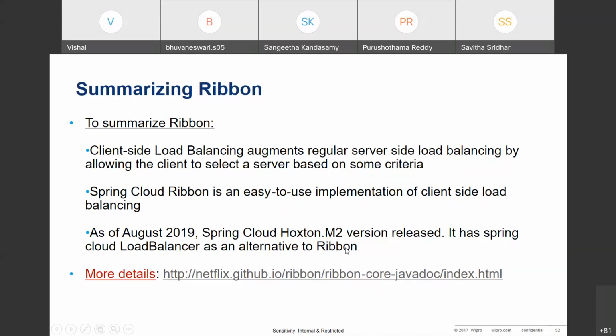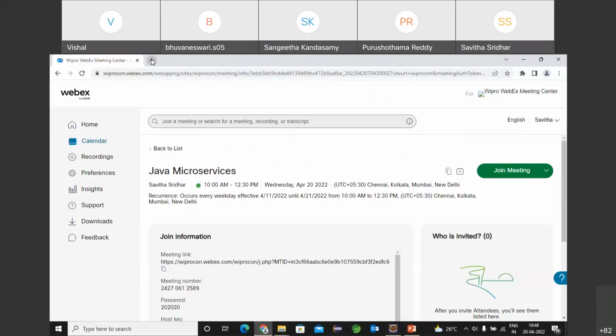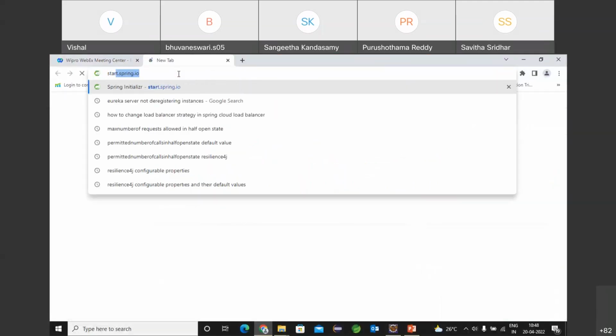And in the latest versions of Spring Boot, which is 2.4.M1 onwards, any other version you are using, any later version, please remember Ribbon support is no more available. If you are using Spring Boot and Spring Cloud to build your microservices, Ribbon is no more supported as a client-side load balancer. So if I go to my Spring Initializer,